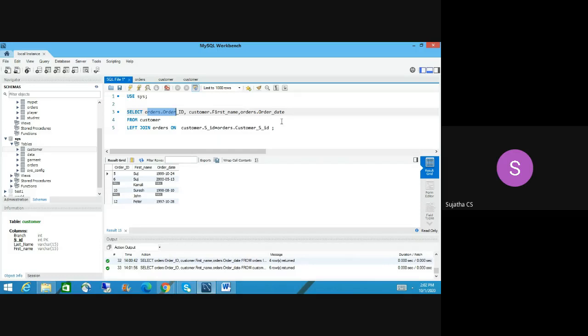So what we have done is taking all the details from customer, and then using a left join with orders on the parameter. How do you connect the parent key and the primary key? You have to pass that parameter, and then you will get the result. Before, with inner join, we went through the orders table and passed the proper keyword, inner join. Once you use the customer table here, this table name should be different, because you are using two tables, right?